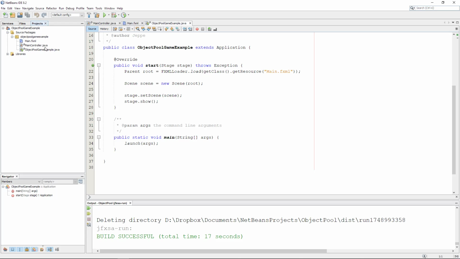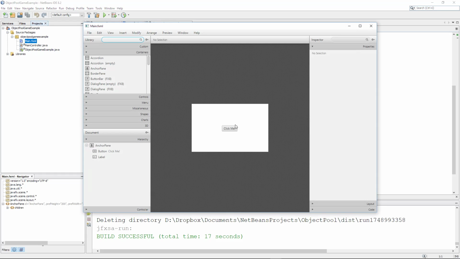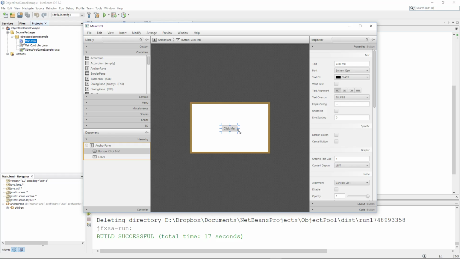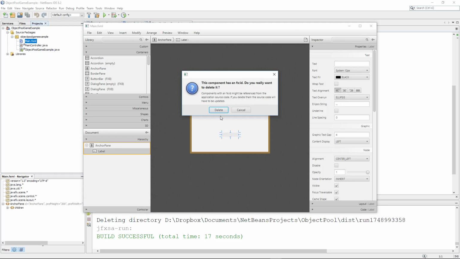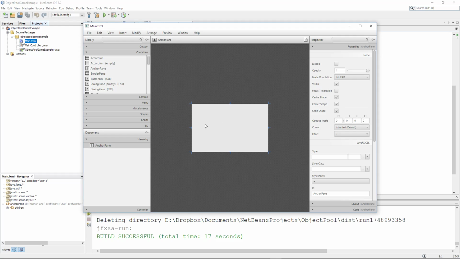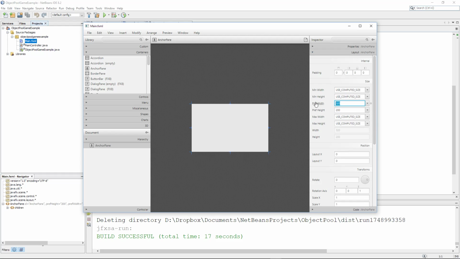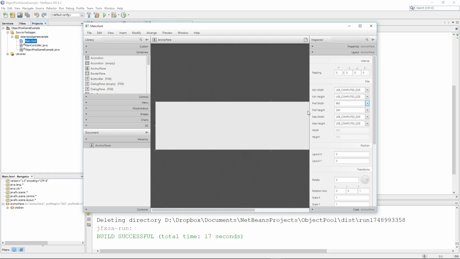So in here we have different things. First off, I'm going to ready the FXML file for the game. So I'm opening up the FXML file and I'm removing the button. Off we go. I'm removing the label as well. And I want to set a new size for the game. So I go to layout and I set it to 960 times